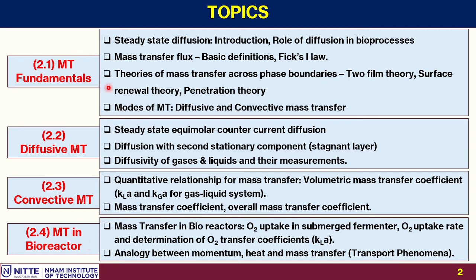bioreactors. So under mass transfer fundamentals, we'll be learning the concept, the basic principles that underlie mass transfer, some theoretical principles, and a differentiation of two types, diffusive and convective mass transfer. This diffusive and convective mass transfer, we are going to learn it in detail with certain mathematical formulations that are involved within it. Then we come across the principle of mass transfer, which is highly used in bioreactors, maybe possibly for oxygen transfer in the aerobic reactors. We'll be learning in detail.